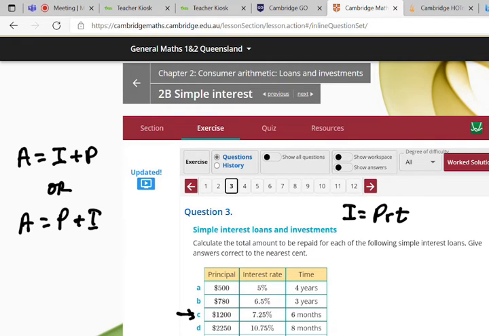All right, Jamie, looking for the amount of interest, what is my principal in this case? $1,200, good. Times, look at what is the rate in percentage here? 7.25%, good job. Times,